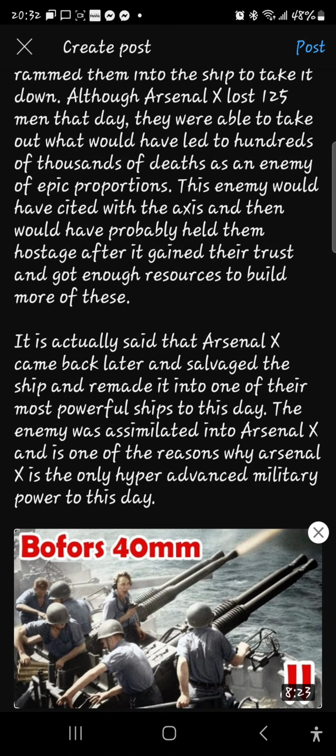So, you guys know how I did a video on the Night Stalker? Well, the Night Stalker actually had something very similar to what the Bofors 40mm had. And the Night Stalker, because of its size and its shape, was actually able to hold one cannon under each sensory eye. And remember, it only had two frontal sensory eyes, allowing it to strike like a predator in the night. And that is why its eyes would glow, so that way it could actually use its power to guide the shells into enemy